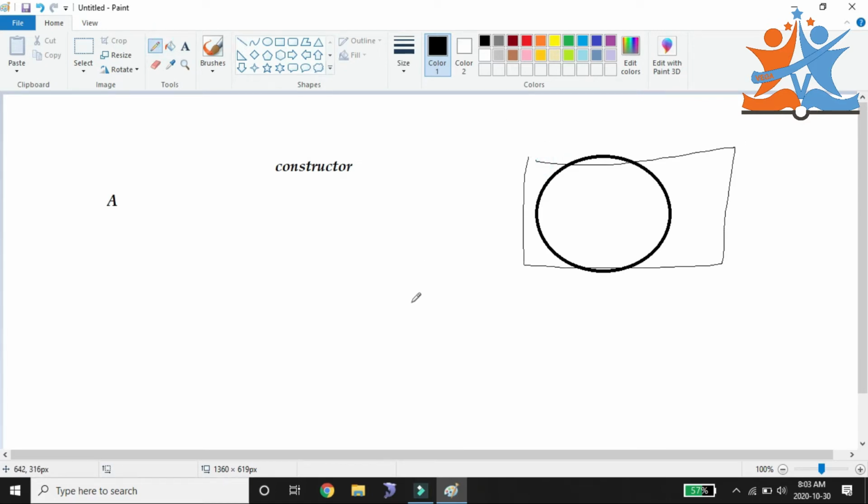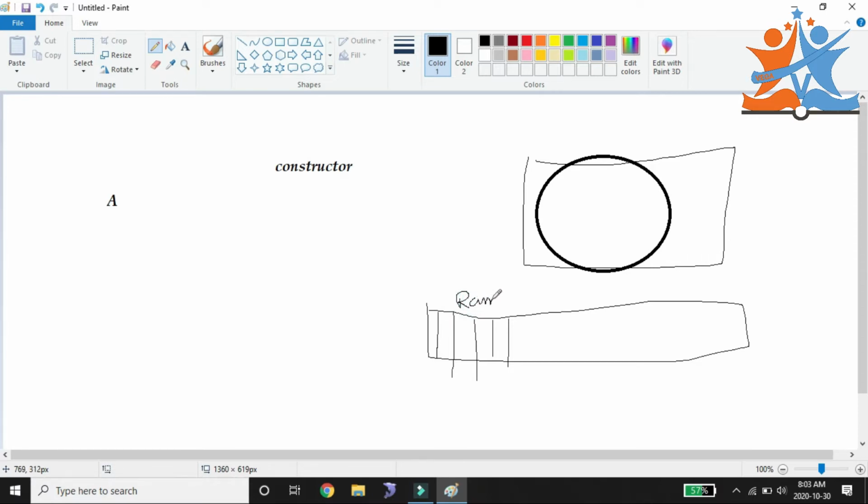We are creating that class's memory inside of RAM.